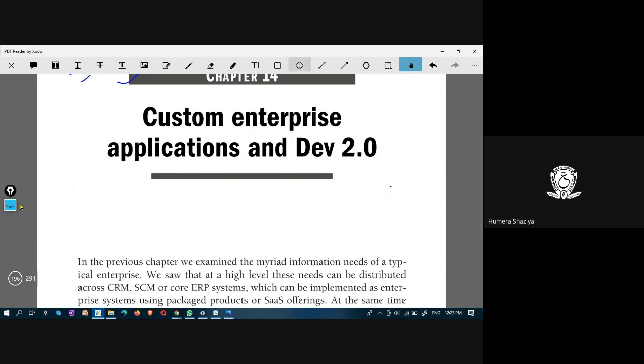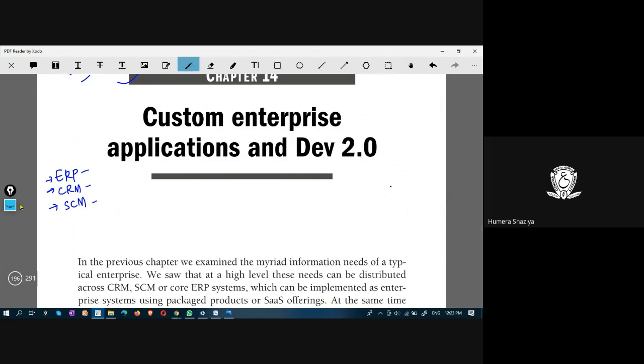What were the applications that we learned? We learned about ERP, CRM, and SCM: enterprise resource planning, customer relationship management, supply chain management.